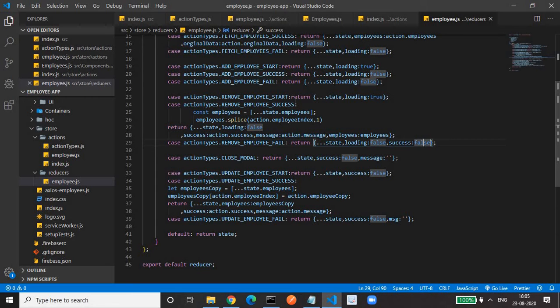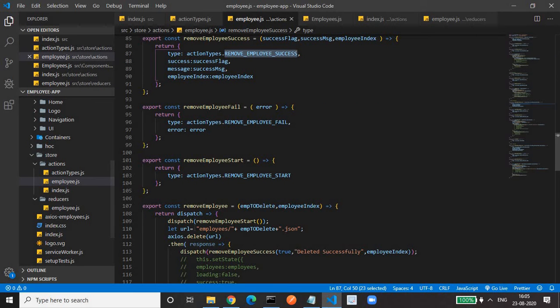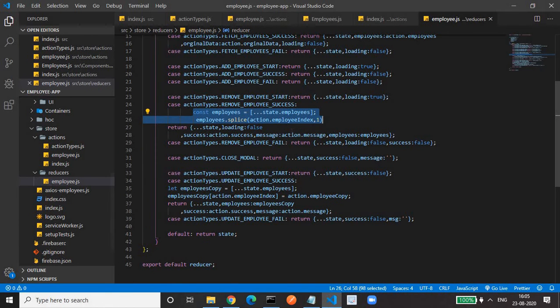And when the employee gets successfully removed, what we have to do, we have written some logic here, because we removed it from the database by using the AJAX call that we have done in the action. But we need to update our store also. For that we have to write some logic.